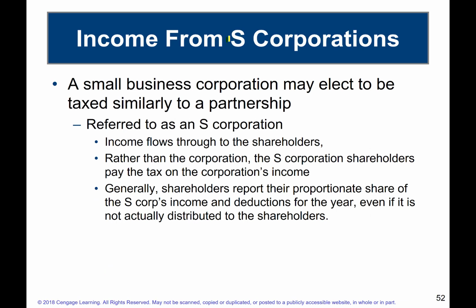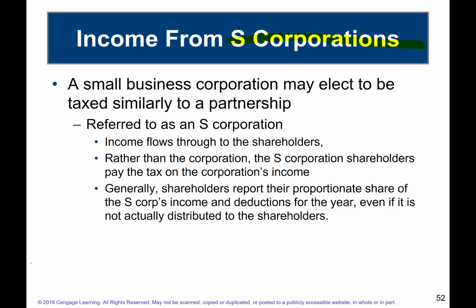Okay. All right, good. Let's take a look at the next slide. And we talk about S corporations here, another popular example of a pass-through entity. Again, the idea here is that the S corporation does not pay the tax, the small number of shareholders do. And we'll get into the number of shareholders, et cetera, that allow you to be an S corporation. Now, sometimes the question will come up, why would you go for an S corporation when you could be a partnership, if it's going to just be the income being passed through to the shareholders? And the answer is they're probably looking for some sort of limited liability that you would receive with a corporation versus a partnership form of business.